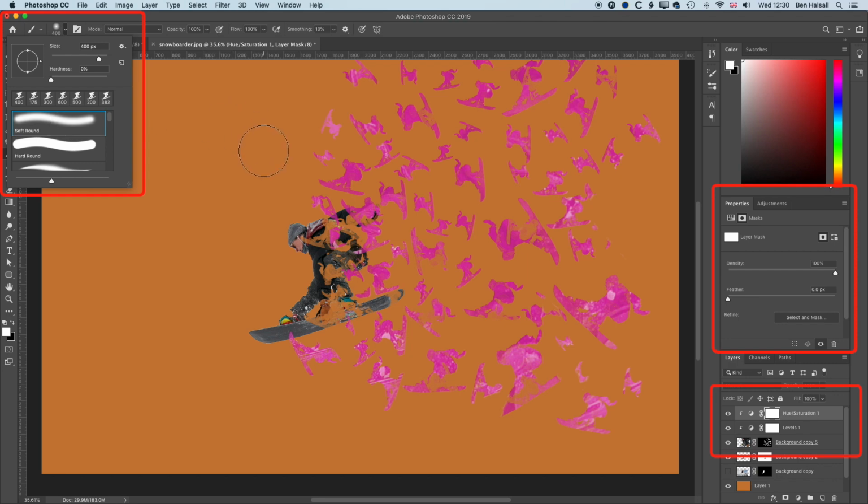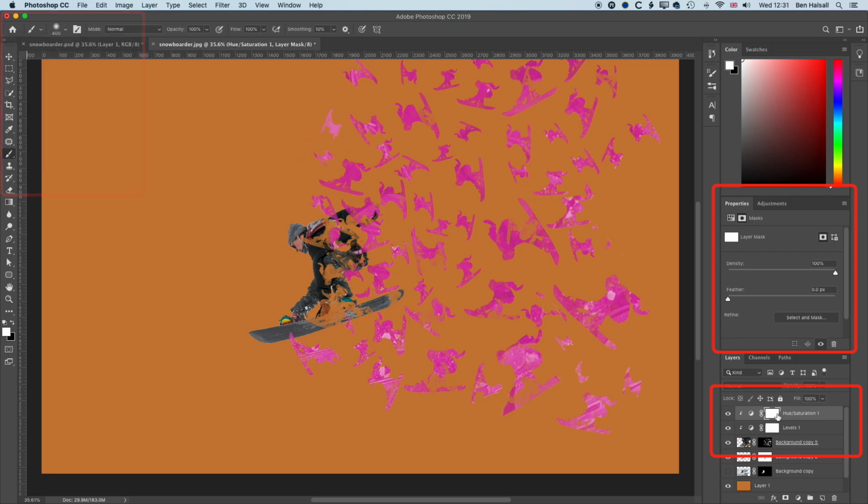So just like with the layer mask for making transparency, we can use the layer mask on our hue saturation adjustment layer to basically hide some of that adjustment. So if I go to black here in my colors and increase the size of my brush, and I'm using the right square bracket to the right of the P key here to increase the size of that brush. And if I right click,